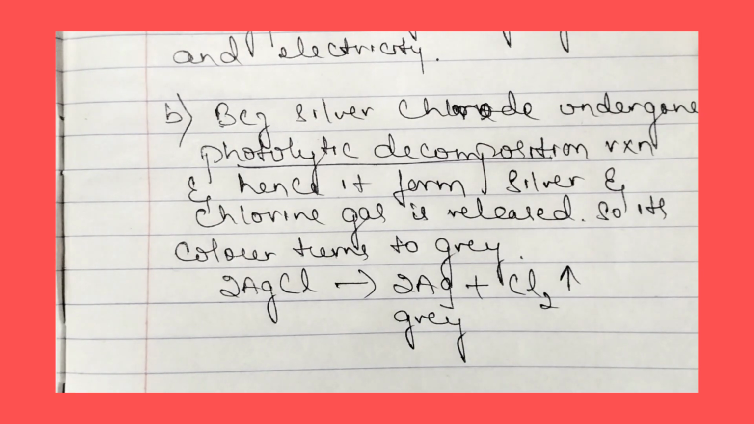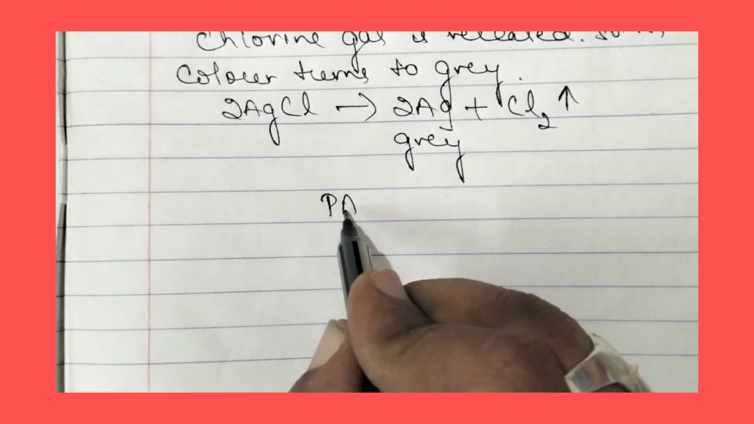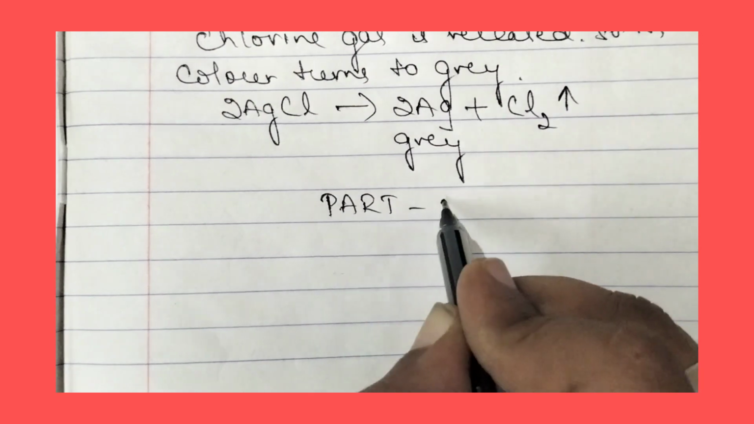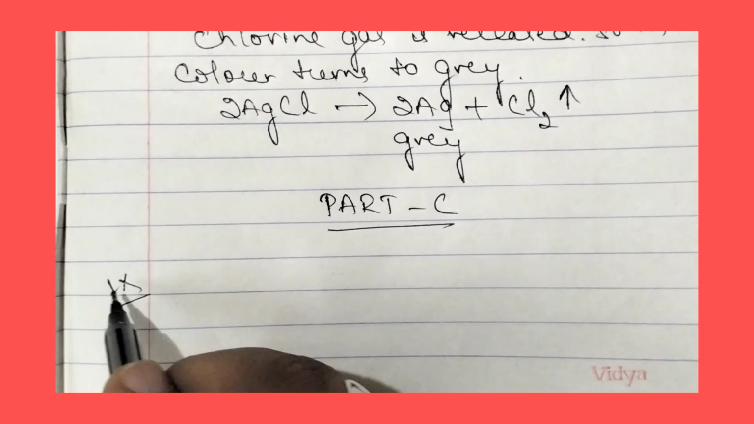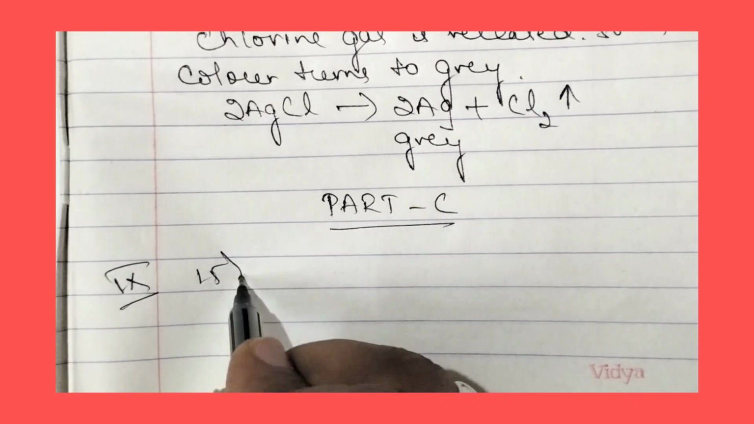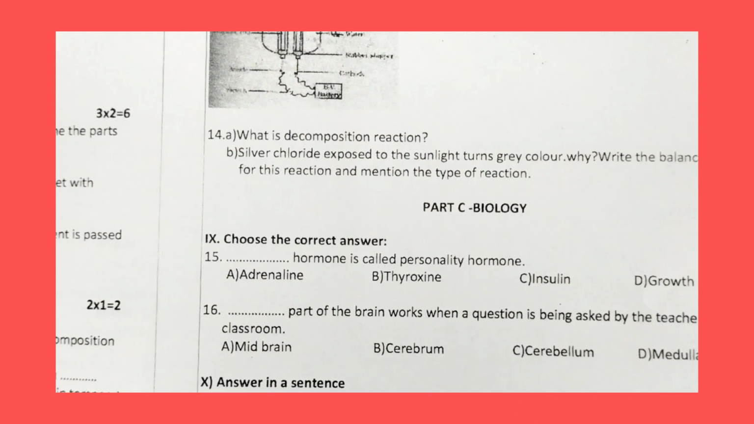So by this we have successfully completed. We have answered all the questions related to part B, that is chemistry. Now let us move to part C, that is the biology part. This is 9th main, that is the 15th question. So the first question of biology is